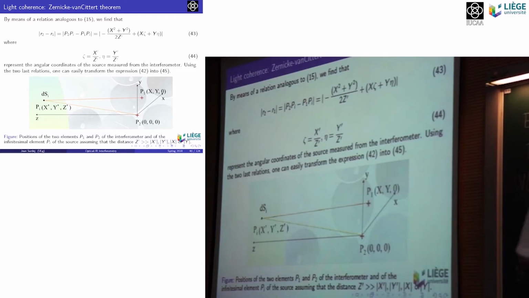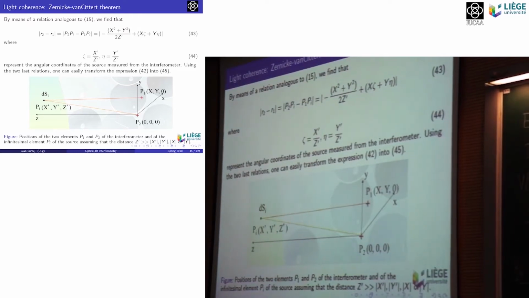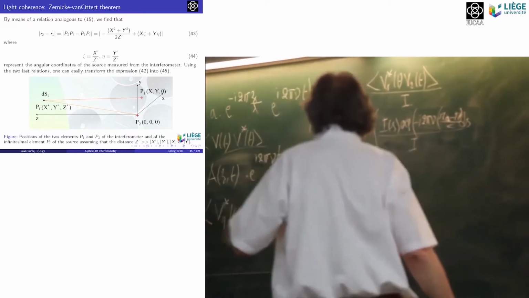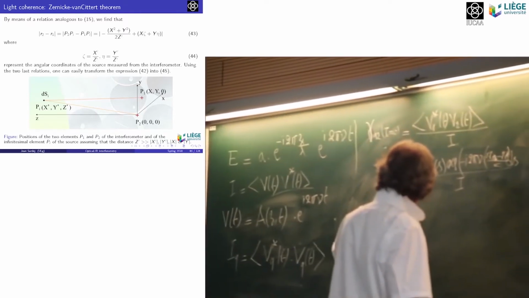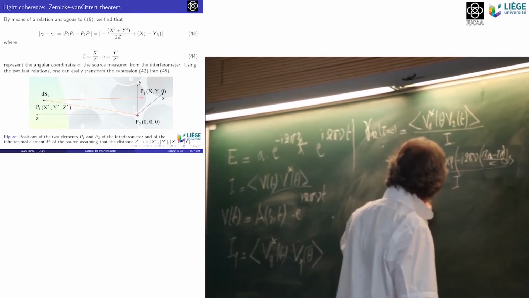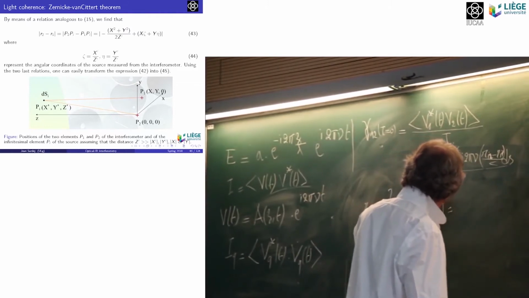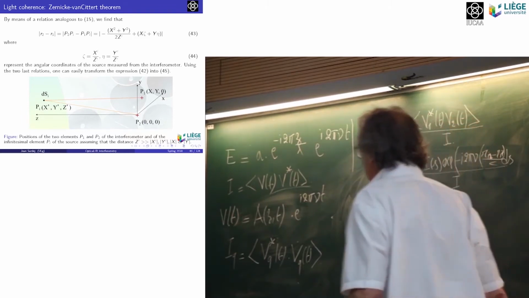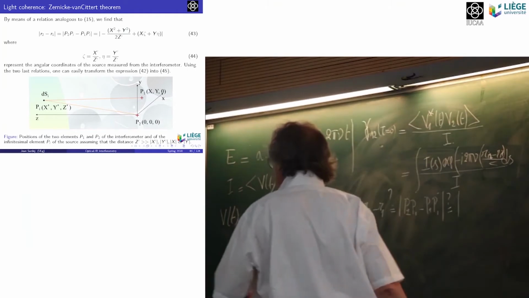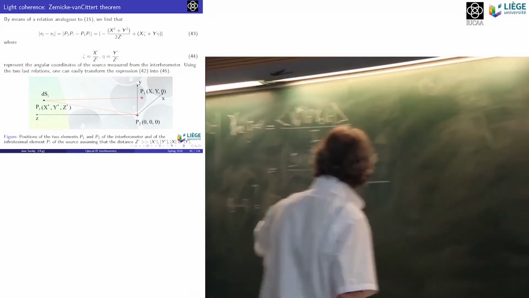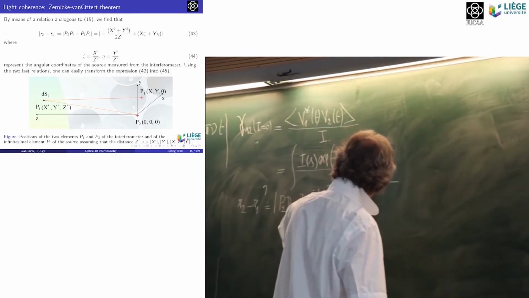Okay, now let's evaluate what R2 minus R1 is. This is something very similar to what we did yesterday. So let's calculate the modulus of the difference between P2Pi minus P1Pi. We find that it is equal to the modulus of, so P2Pi is easy, P2Pi is just the square root of x prime square plus y prime square plus z prime square,